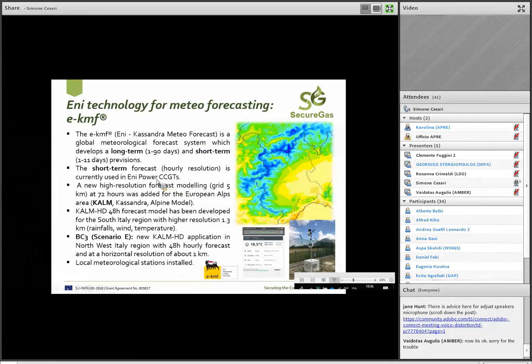Another ENI technology that will be used in scenario E, the forecasting and early warning of geohazard, is EKMF. EKMF, Cassandra Meteo Forecast, is an ENI technology for meteo forecasting. It means it is a system for long-term and short-term previsions. Currently, the short-term forecast is used in ENI power combined cycle gas turbines for